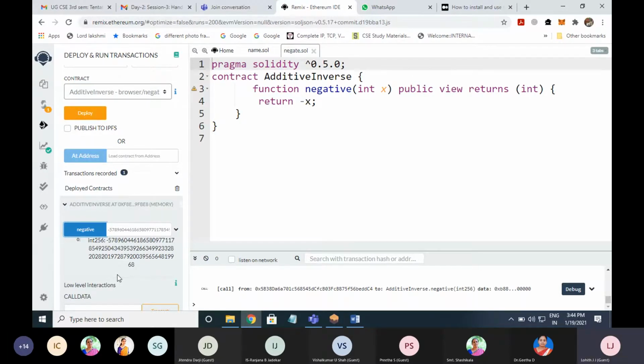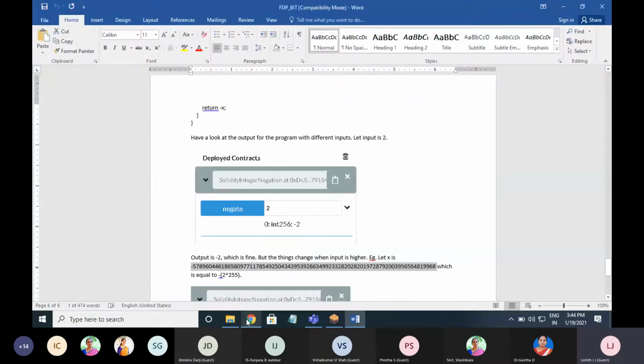The thing is, with reference to integer, the Solidity programming language has a limit on the length of the integer that you are using. It can store up to 2 power 255 only. Above that value, if you try to store, it will revert back to 0. This is one limitation in the Solidity programming language.